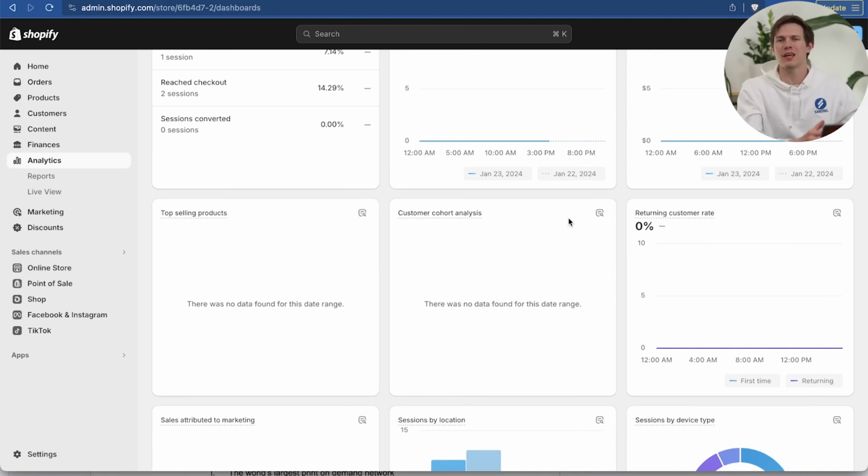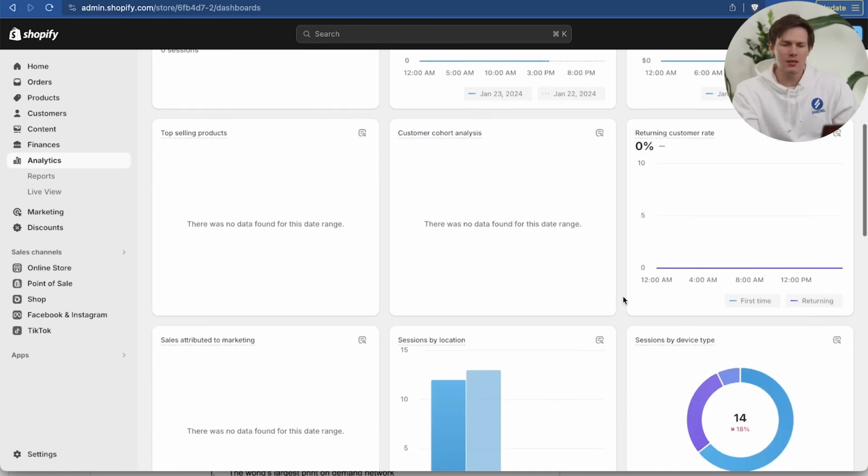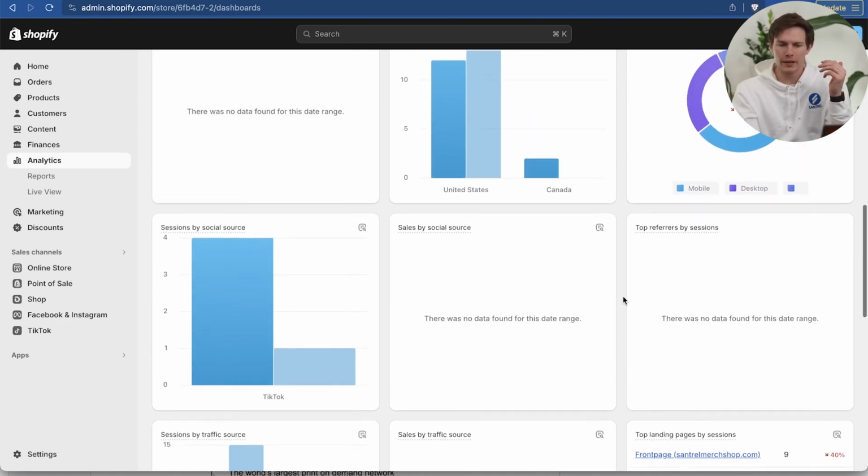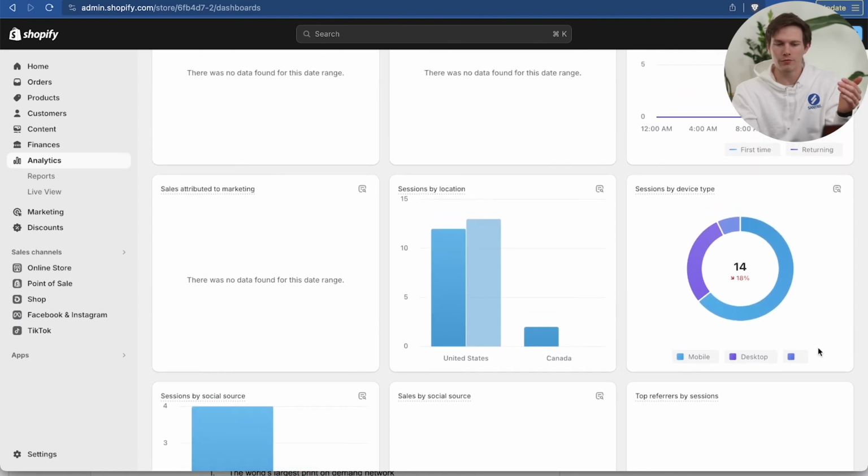So do people end up getting stuck by adding to the cart? Do they end up clicking twice and then they don't purchase? Like, you want to know where you can be more efficient, and this is going to be your lens into a more efficient website. So identifying where people are coming from, what kind of device they're using for one